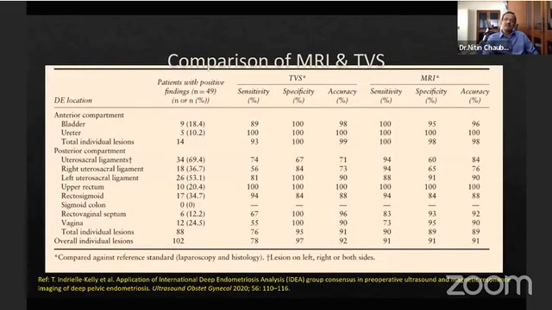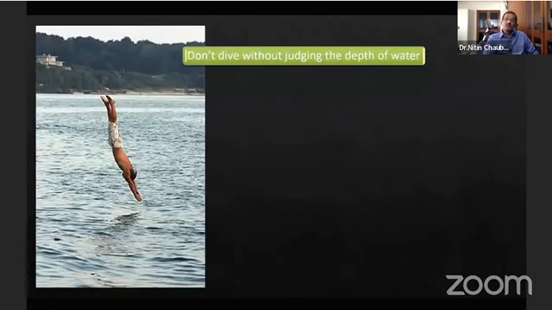So if you look at a comparison between MR and transvaginal sonography, I think transvaginal sonography properly done is actually an extremely good technique in terms of sensitivity and specificity. So just like it is not advisable to dive into a deep water